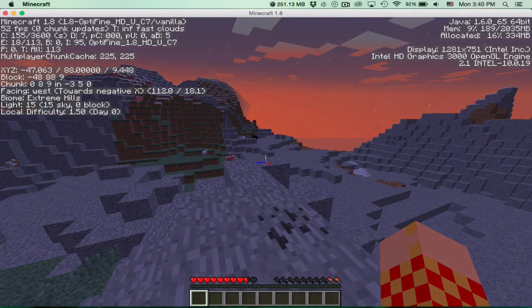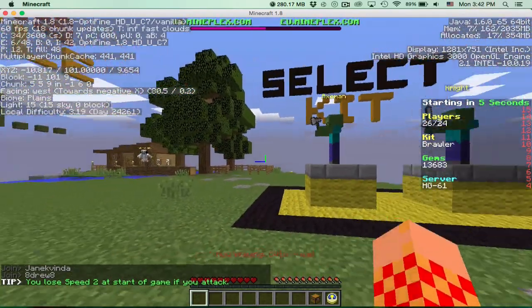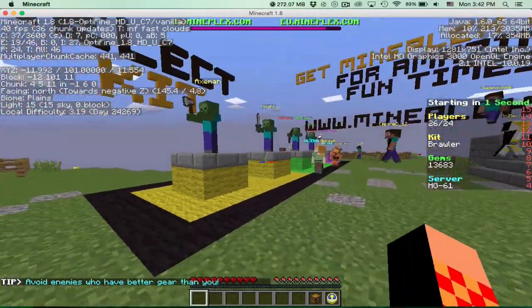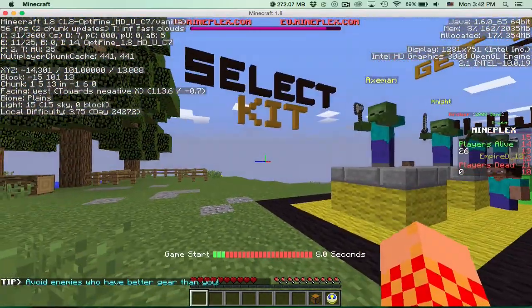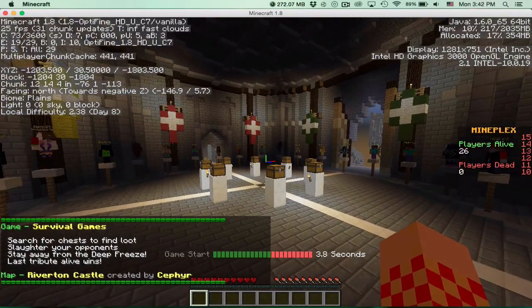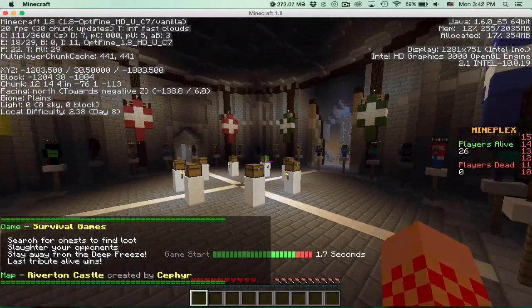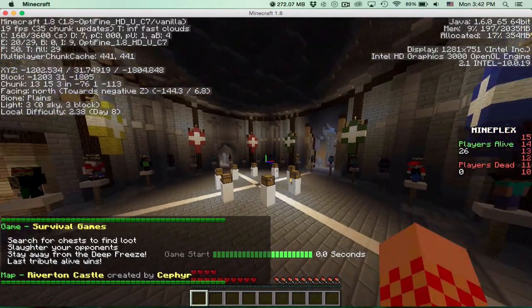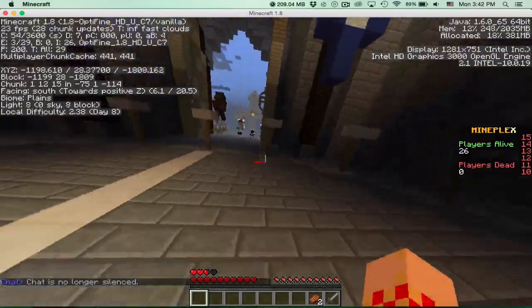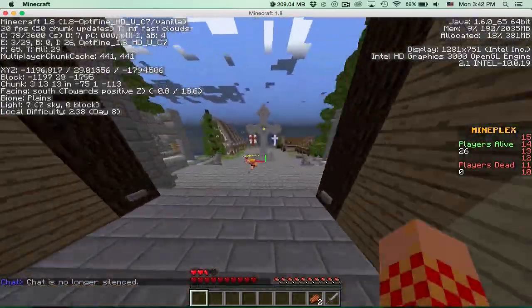the biggest difference. So here we are in the Hunger Games pre-game lobby, and as you can see, we have around 40 frames per second or 50 frames per second right now, which is a huge improvement compared to the 15 frames per second we had earlier. And right here, the laggy part of the game where the countdown starts and everybody goes for the chest here is still mostly viewable. I mean, as you can see, we can still get all these things. We have around 30 frames per second, which is